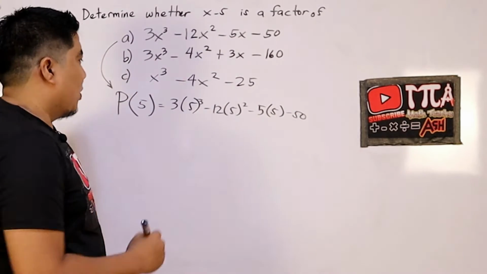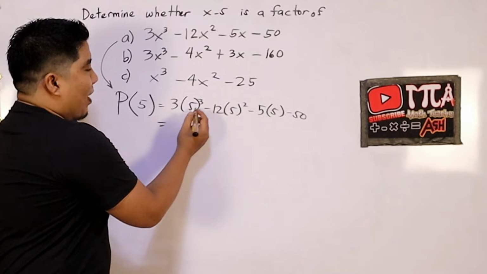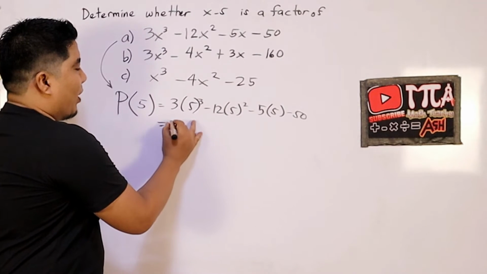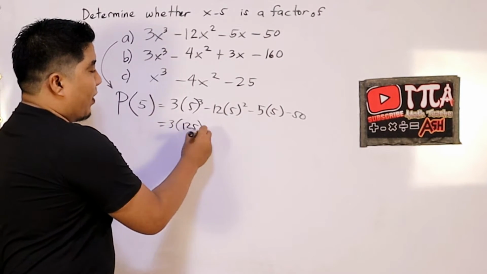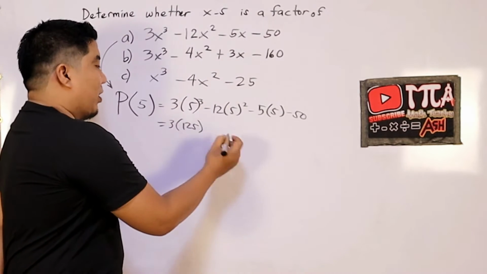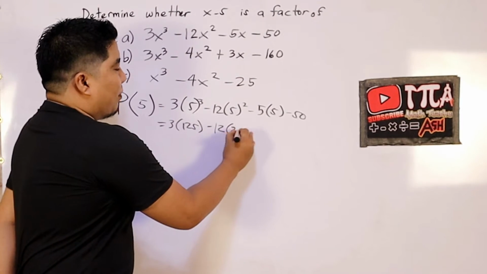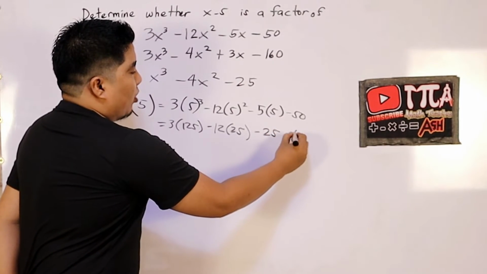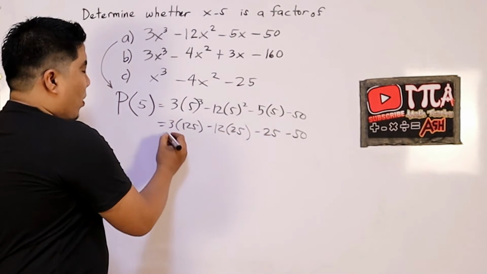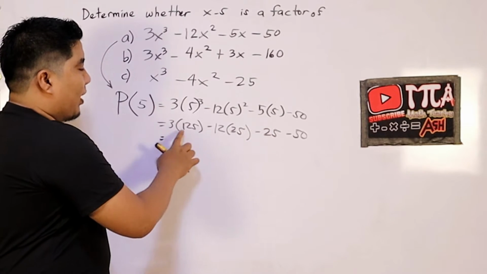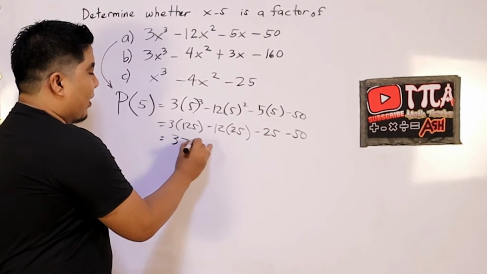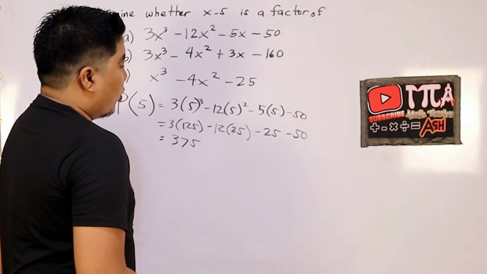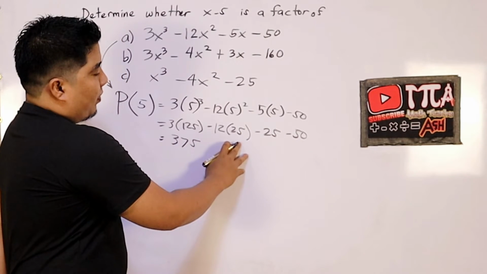Okay? Clear? Alright. Continue. 5 cubed is 125, so we have 3 times 125. And then 5 squared is 25, so we have 12 times 25. Then we have here 5 times 5, that is 25, minus 50. Okay. Now, multiplying this, we have 3 times 125, that is 375. Multiplying these two, we have 12 times 25,